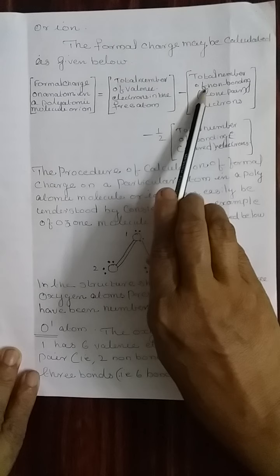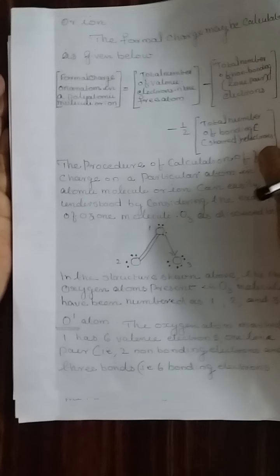There are a number of terms that should be explained here. First of all, what is meant by bonding electron? What is meant by non-bonding electron? Bonding electrons means the electrons which undergo bonding. That means any bond formation, a double bond or a dative bond, all these are bonding. Non-bonding means the electrons on the atom which are not used for the bond formation.